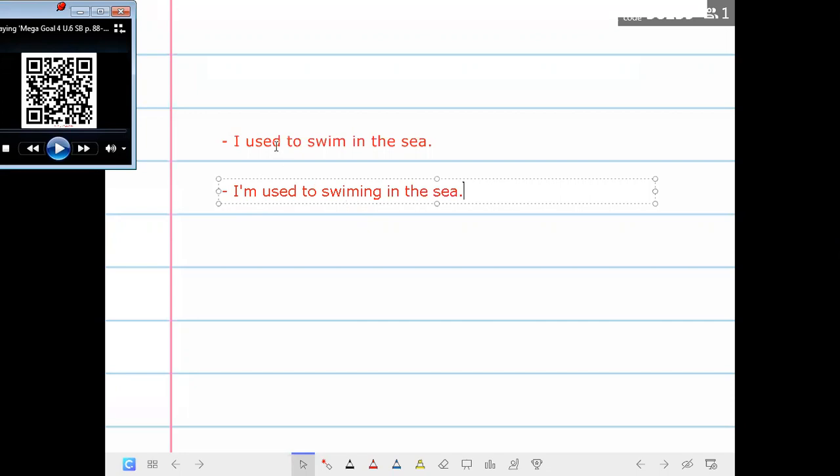طيب now I want one of you make the first one in negative and other make the second one in negative. يعني عاوز واحد يعمل لي الأولى في النفي وواحد يعمل لي الجملة الثانية في النفي. Who can negate the first one؟ مين هيقدر ينفيها؟